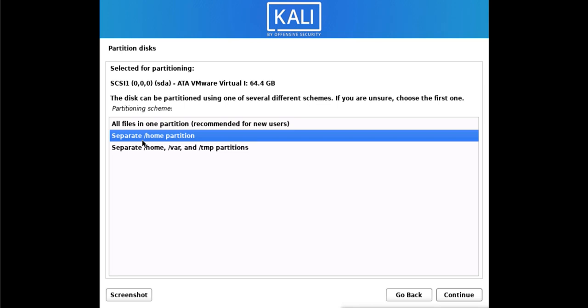So by default it will go to slash, that means it will go to slash partition. But if you are creating the home partition separately, then it will create slash, and then it will create one more partition, and it will mount that partition over the home directory, so that whatever you store in the home directory, it will go to that separate partition, then slash.